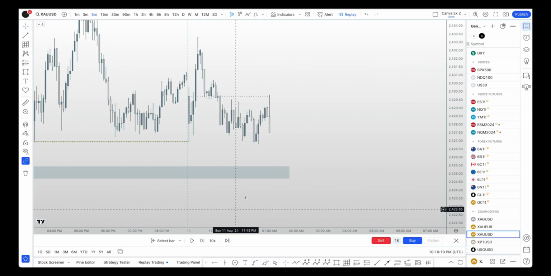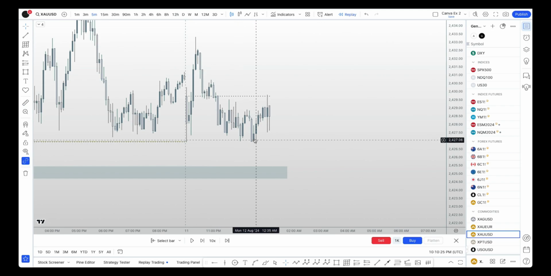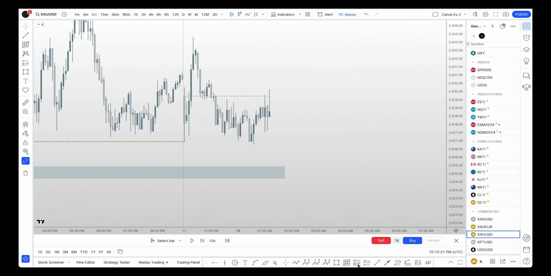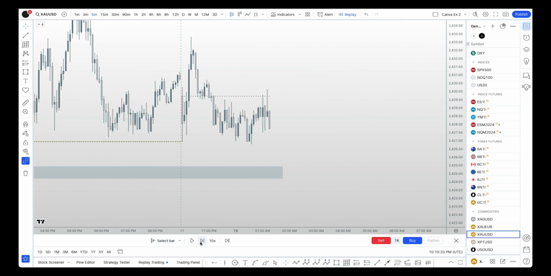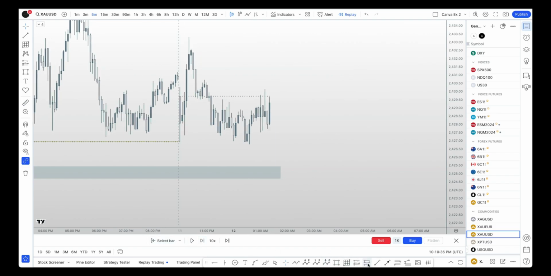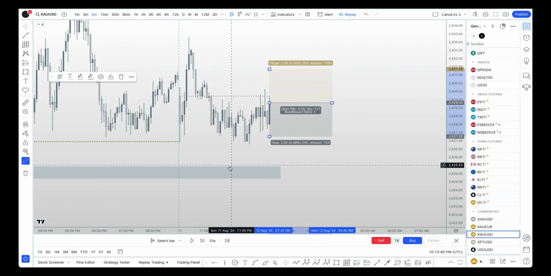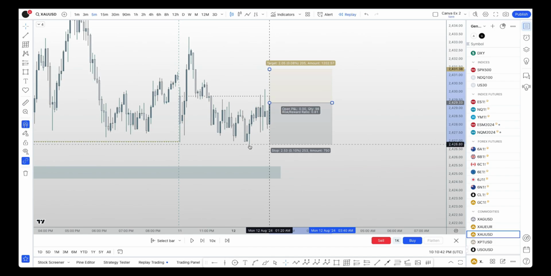Okay, so it looks like we're starting to break structure towards the upside. Nope, not yet. Okay, so we're starting to create some kind of low here that's trying to be protected. Okay, nice. Okay, that's no, not yet. Now, okay, so the reason why I'm entering here, there's some manipulation, some accumulation, and I'm thinking we're about to start